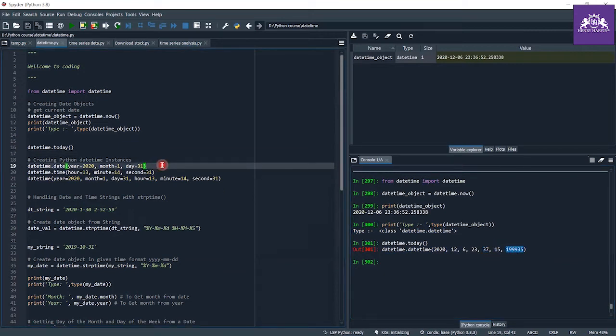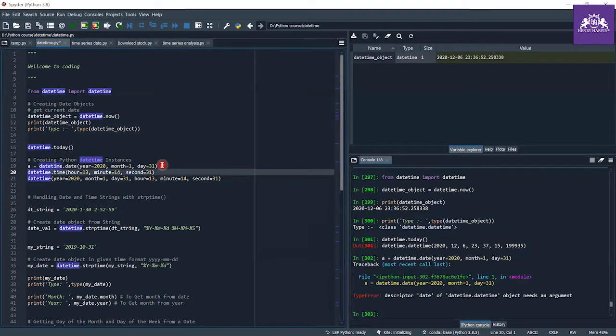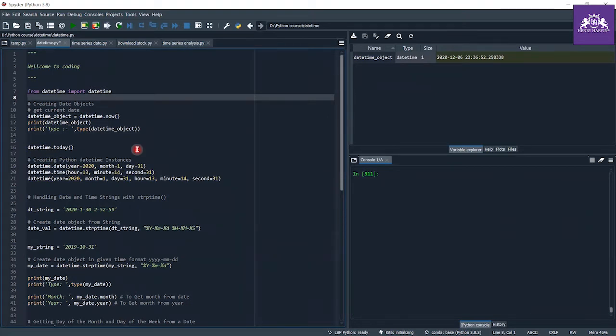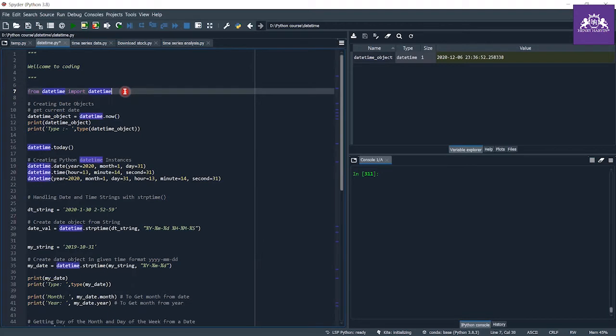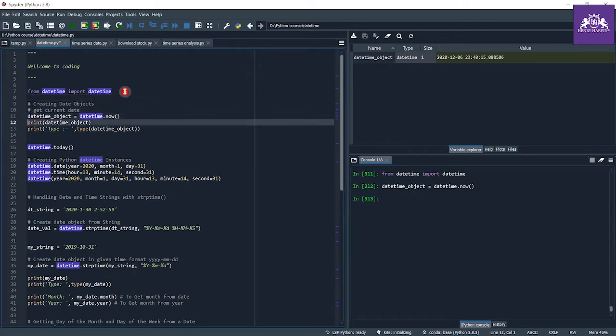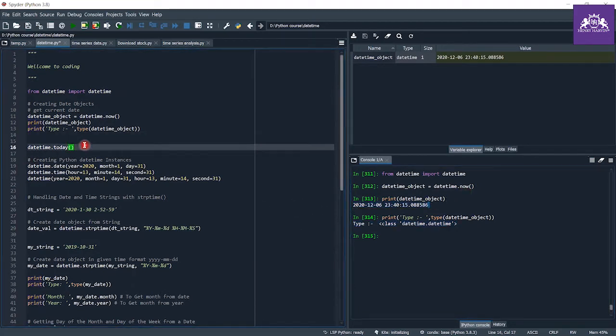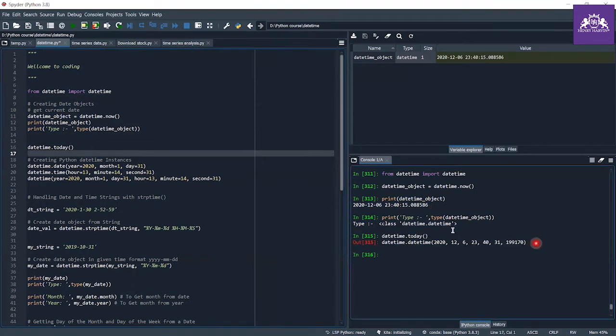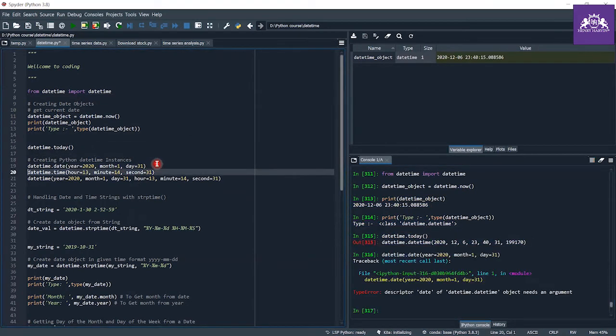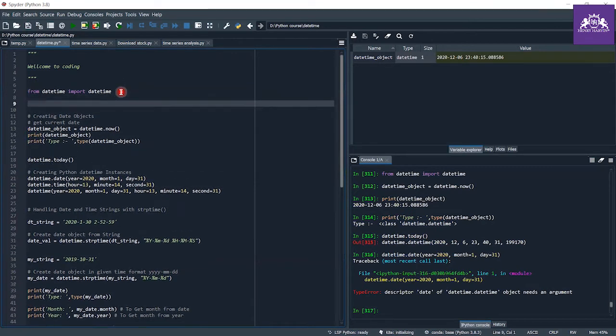Now let's create some Python instances. Like if you say a equals this, create this. Okay, so now I get it. What is the problem? As you can see, I import the datetime module from the datetime library, and we just print the now. Yes, we just print the current date and time, and as you can see, this is the date, this is the class datetime.datetime, and this is our time. When we click on this, we get our tuple, but when we do this it shows an error, because we have to import